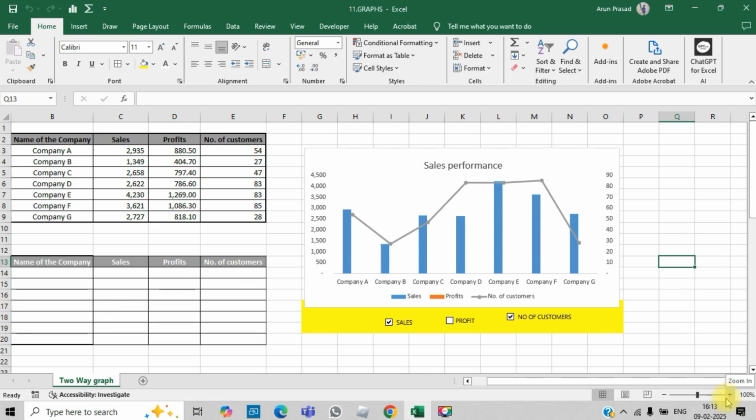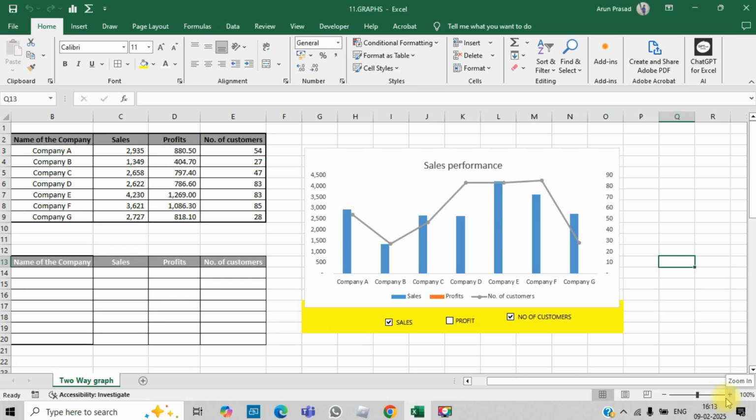In today's session, we are going to discuss how to create a dynamic graph in Excel. Graphs, you know the importance of graphs and charts, right? We can present the data in the most elegant and presentable way through a graph. As you know, a picture speaks a thousand words more than numbers. When you see numbers, it is difficult to immediately interpret the information. But if it is visual, if it is a graph, it is easy for us to analyze